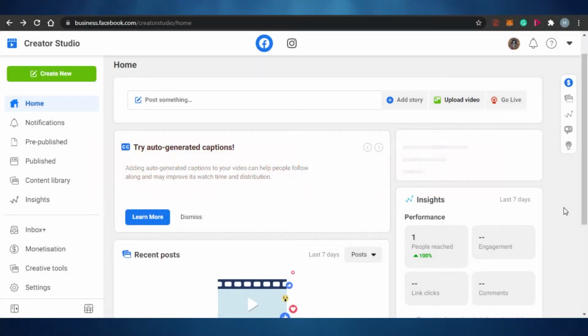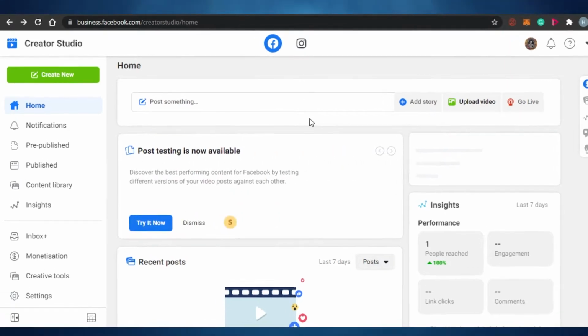Today I'm showing you how you can use Facebook Creator Studio to organize your Facebook and your Instagram as well. How you can check out your published, pre-published posts and manage your content on Facebook and Instagram pages. So let's get started. Now to launch Facebook Creator Studio, you have to go to